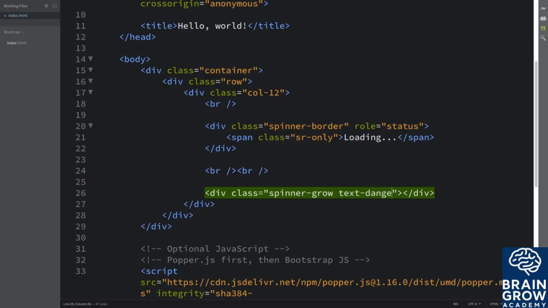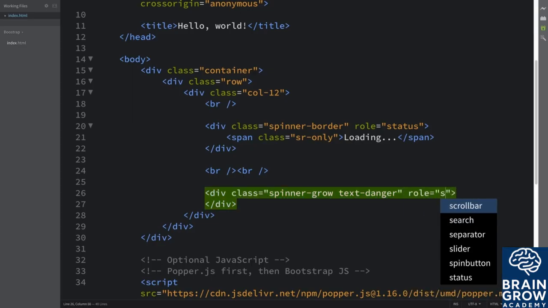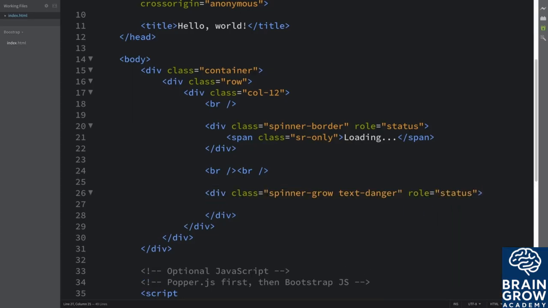text-danger. So this is just the color, the theme of it, and you can see all of that on the Bootstrap website. Like I said, I will provide a link to that in the description. Role equals status, span class equals sr-only, loading,